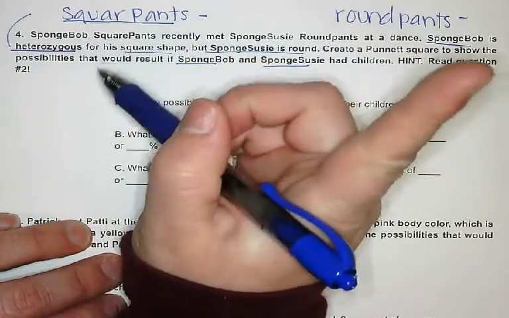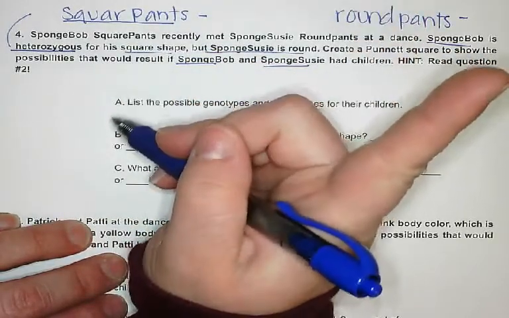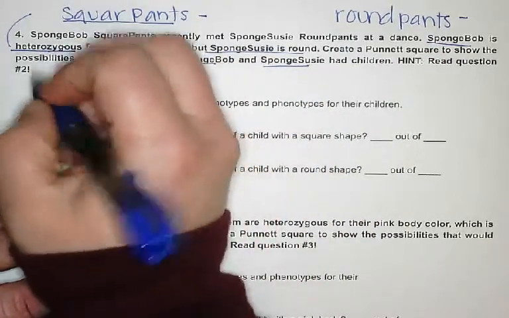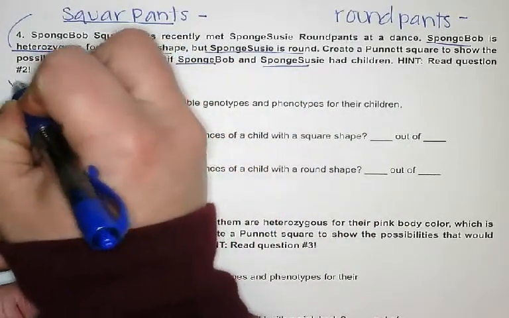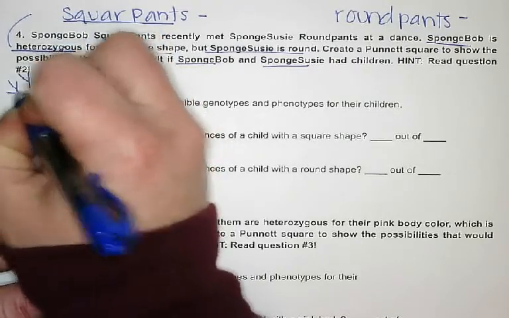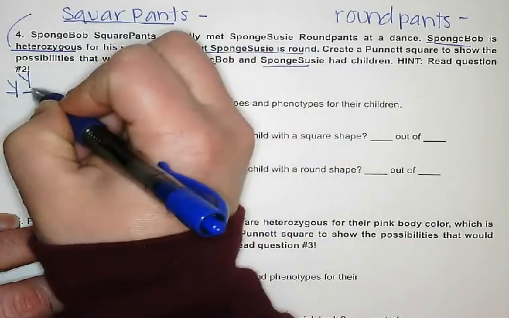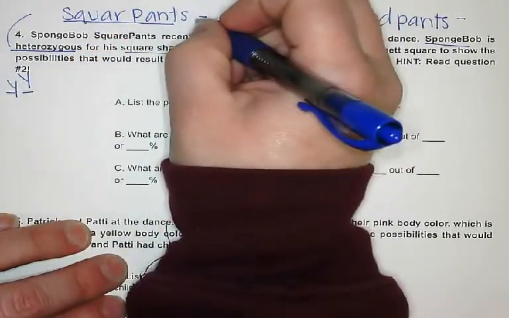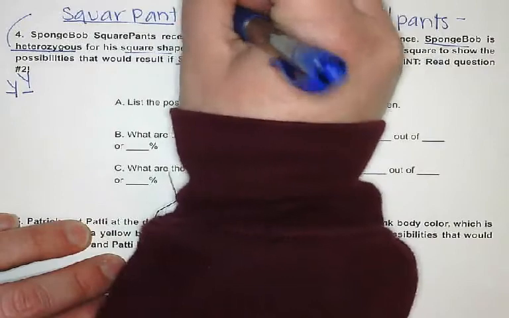Notice it didn't say dominant or recessive, it just said heterozygous. If I was little y and big Y, if I have a big Y, I'm still going to show the dominant trait. So that tells me SpongeBob is big Y